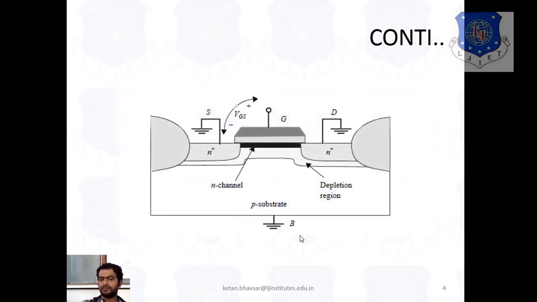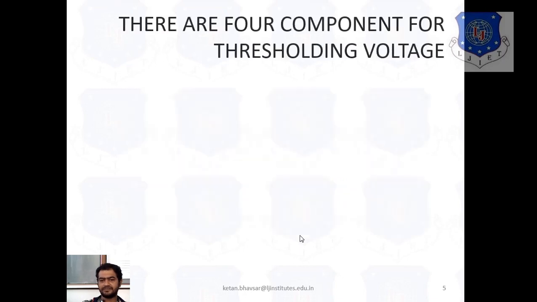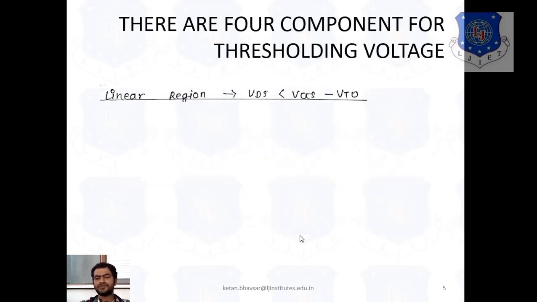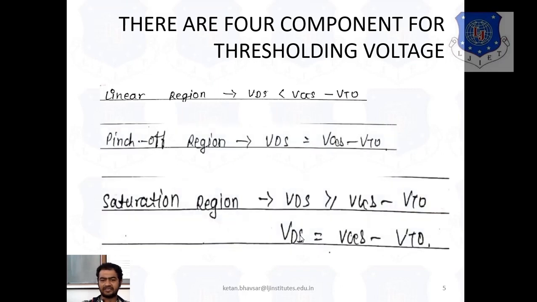Similarly, in books you see the diagram looks like this. Now there are some equations for the threshold voltage characteristics, and we can identify some regions. In the linear region, VDS is less than VGS minus VTO. In the pinch off condition, VDS is equal to VGS minus VTO. In the saturation region, VDS is greater than or equal to VGS minus VTO. We already saw this scenario in the external bias effect, when the linear channel is established, when the pinch off condition is established, and when we enter the saturation region.